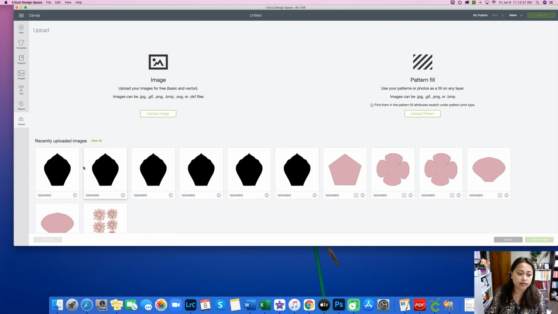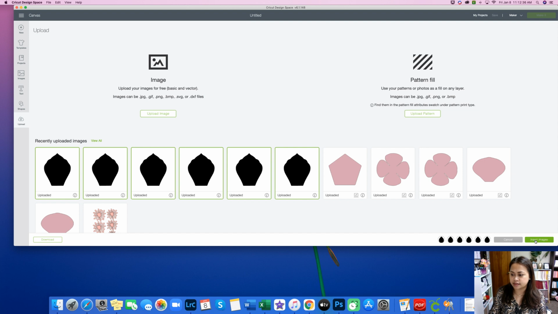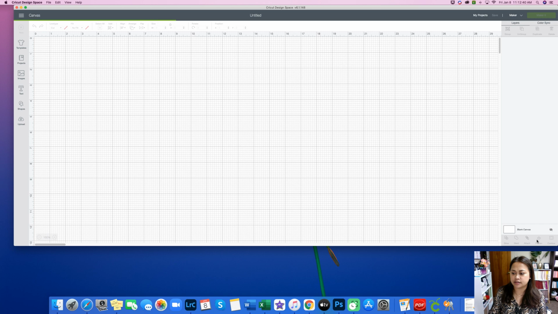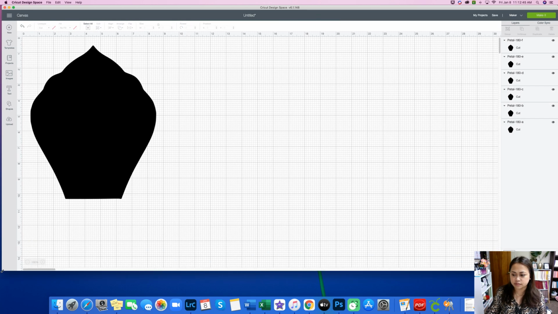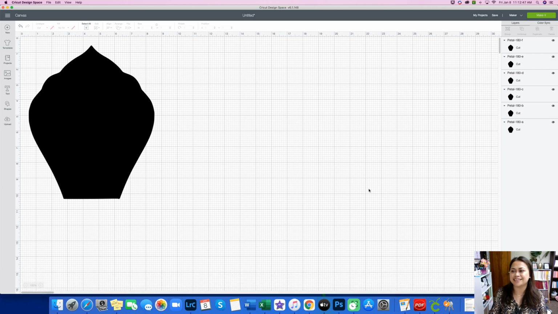So now that you have uploaded all 6 petal sizes in here, we just have to click all of them and then here click insert image. So now you have all your petals